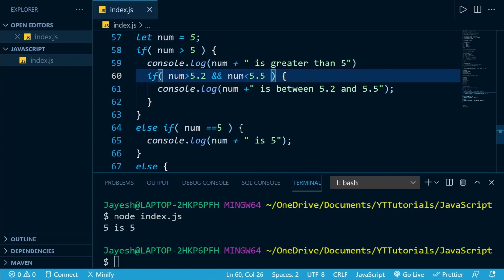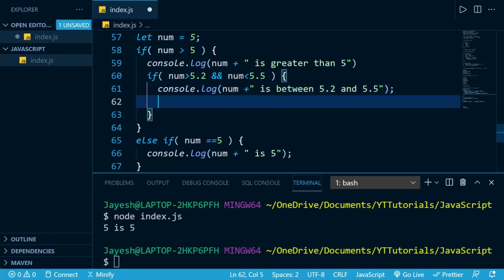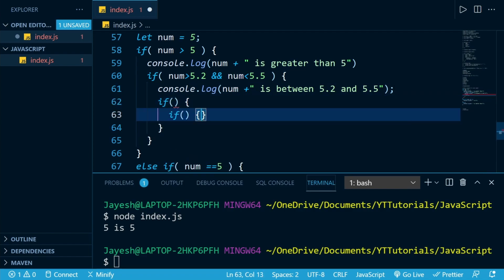And we also have the OR condition, like this or this. So we can do either this or this. But here we can use the AND condition. And we can nest, that is use if conditions inside of an if condition, to whatever depth we might need. But we should not make our conditions too deeply nested, that is we should not have too many if conditions inside of one if and then have another if.